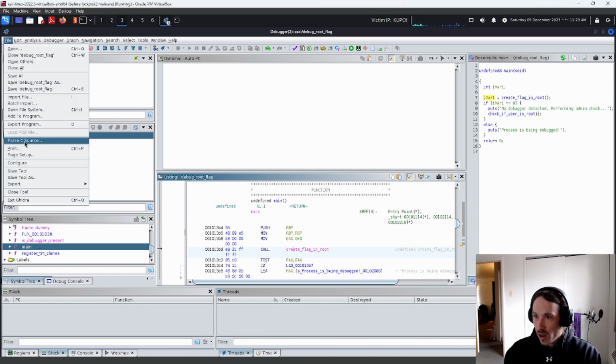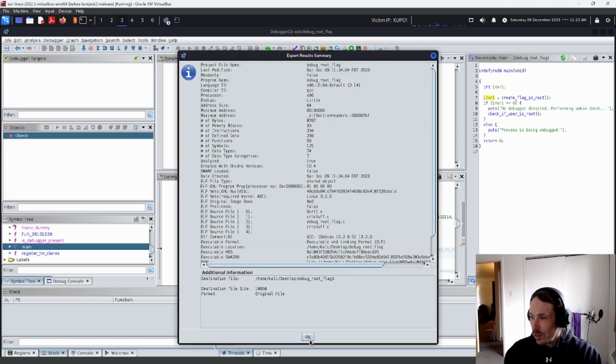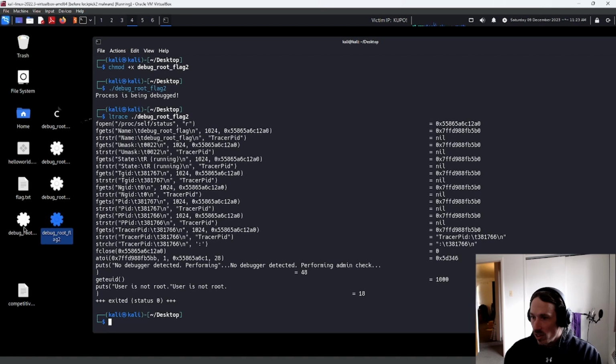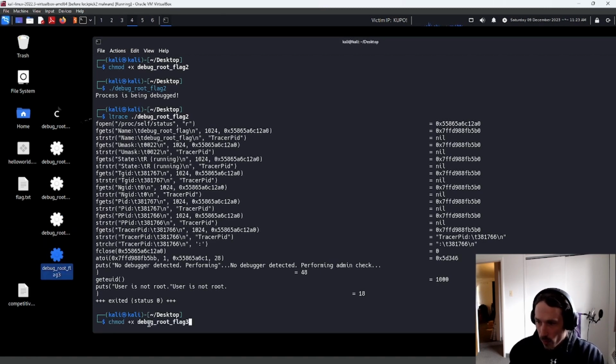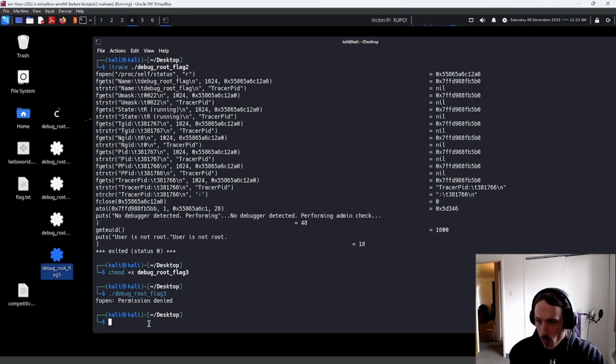And we can file a third time, so char export program, and this time it's 3. Cool. So we should see that here again. LCH mod again. And now when we run this, the third one, we just get a permission denied. So it's just trying to print that flag, but it can't